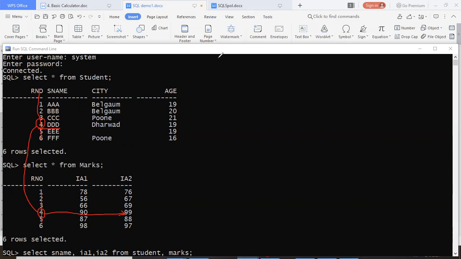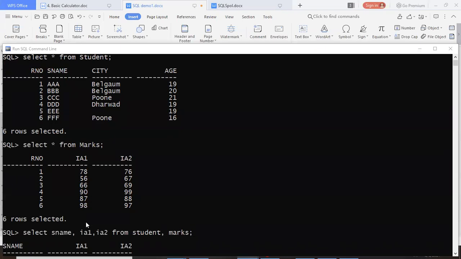Now what I do is, okay, let me delete this and let us try to make DBMS fetch the value from multiple tables through an SQL statement. So what is that SQL statement? You can fetch the values from multiple tables by giving a comma between the table names. See, the syntax is select field names from table name, right? Earlier we used to select multiple fields from one table. But now with the same syntax, let us try to select or display multiple fields from multiple tables.